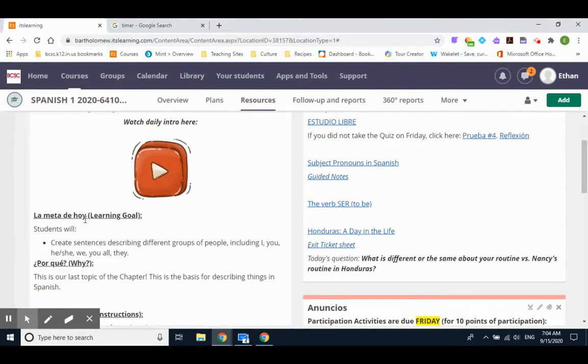La meta de hoy es los estudiantes podrán create sentences describing different groups of people, including I, you, he and she, we, you all, and they. This is our last topic of the chapter, and this is going to be the basis for describing things in Spanish going forward. Just like in English, is